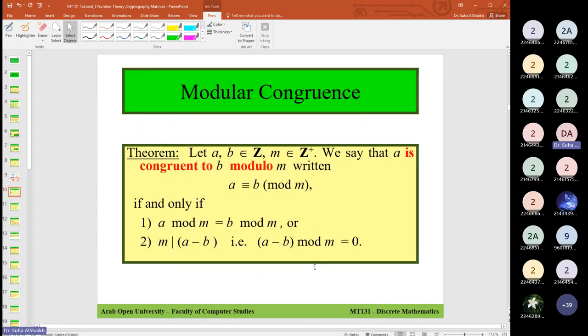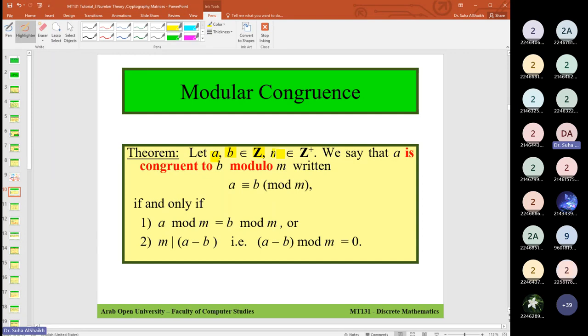Now let's move to talk about another concept, which is modular congruence. We talked about division now. We know what division means. We have what we call modular congruence. If we have numbers A and B in Z, of course, and M now in Z plus, meaning it